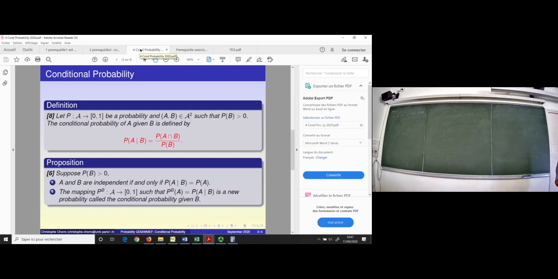So this result is intuitive. If you think about a conditional probability as something you compute having extra information, okay? I have the extra information B, and I compute the new probability. But if the two events are independent, having this extra information or not changes nothing, okay? So to give you an example,